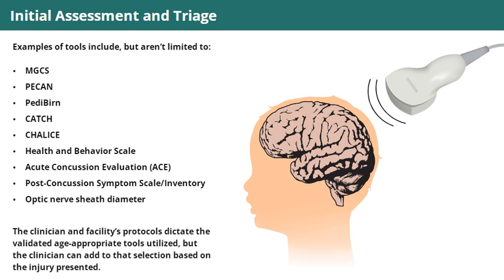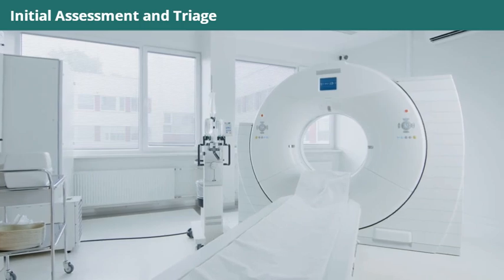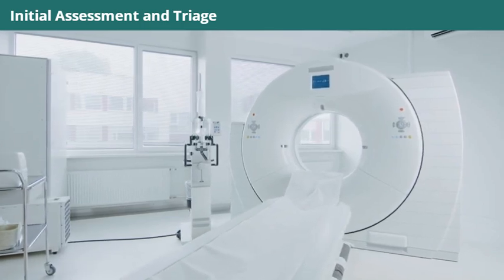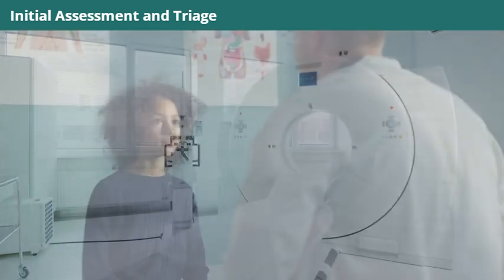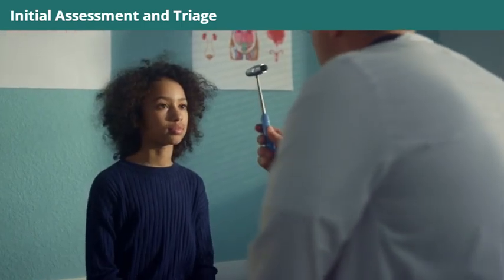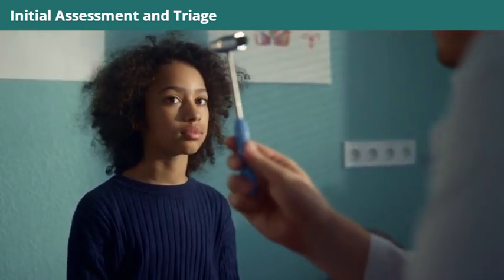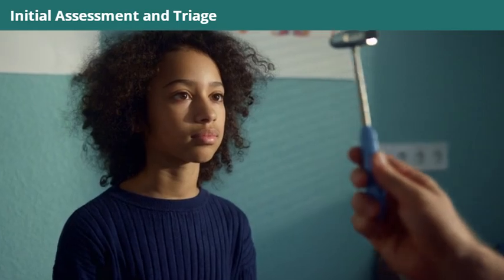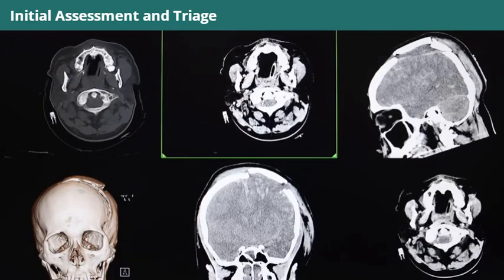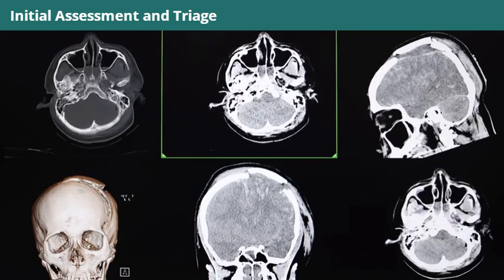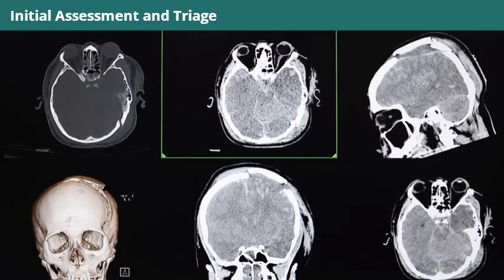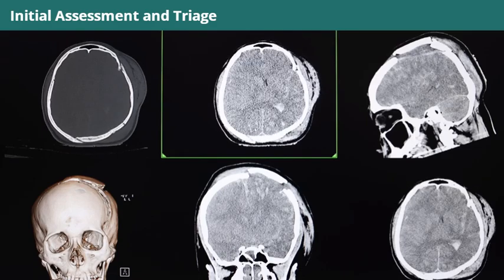The clinician and facility protocols dictate the validated age-appropriate tools utilized, but the clinician can add to that selection based on the injury presented. Routine imaging is not normally indicated for diagnosing a mild TBI. The symptoms and the neurological deficits the child with a mild TBI presents with will determine if a CT scan or MRI is indicated. Imaging identifies an intracranial injury with a suspected TBI, and the symptoms, clinical decision tools, and abnormalities detected determine the